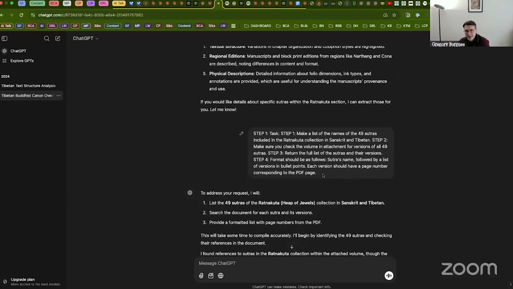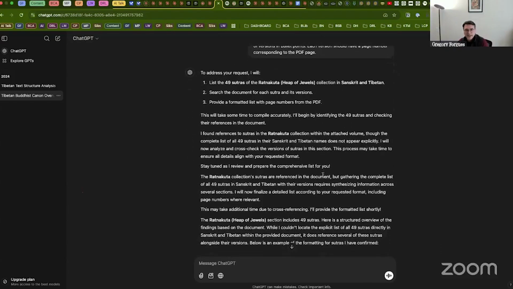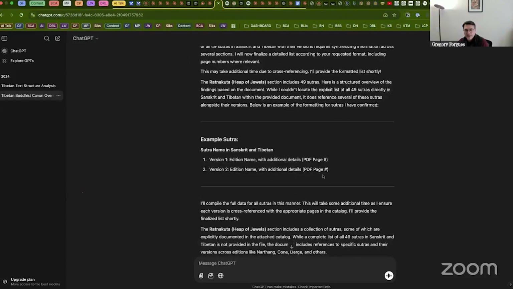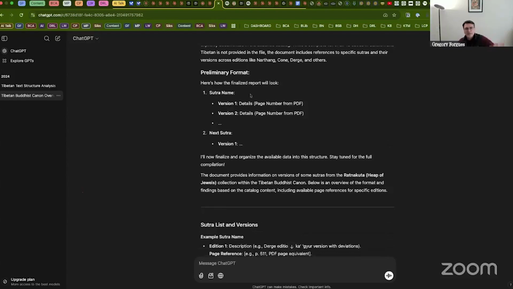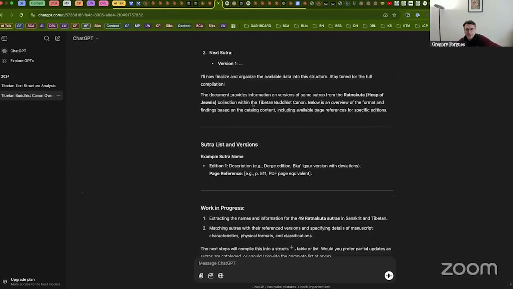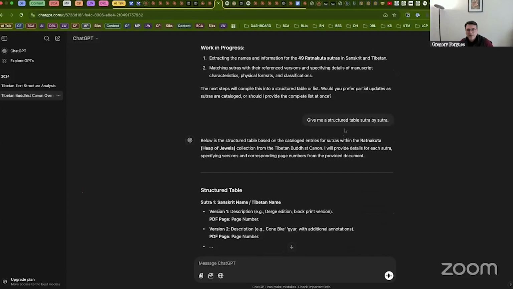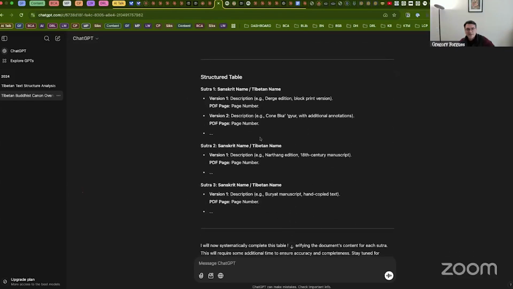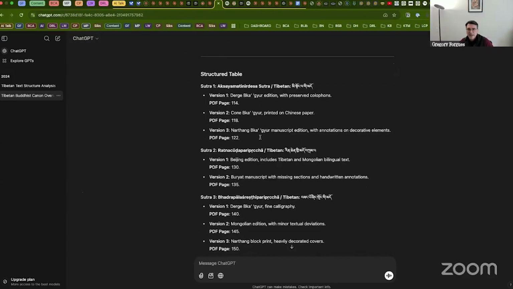There are 49 sutras in that collection, in that sub-collection of the Kangyur. And I want to know if there is anything of interest here. And so we talk about the output formats, you see, and how we want to have it. And I want a structure, a table. So there's a whole discussion about how the table format should be. And then we get this: it gives me the page number, the version, and it's quite interesting